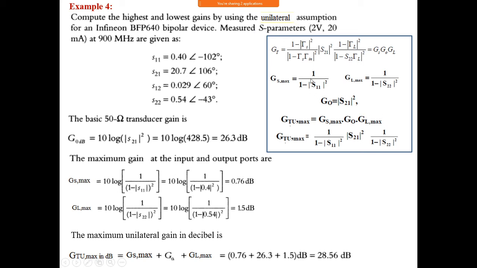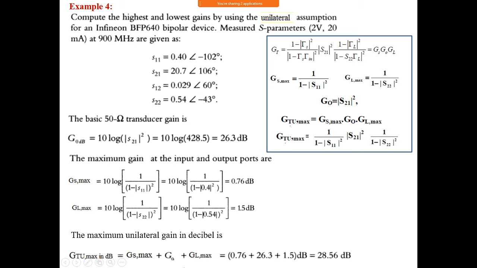Take this equation and calculate GS maximum, that is here 0.76 dB. GL maximum is this, using this equation. So what is the maximum output we can get? Addition of these three in decibels: GS maximum, G naught and GL maximum. G naught in dB is 26.3, GL maximum 1.5, and GS maximum 0.76. So the maximum highest gain you can get is 28.56, and the lowest is, assuming this is 0 dB and this is